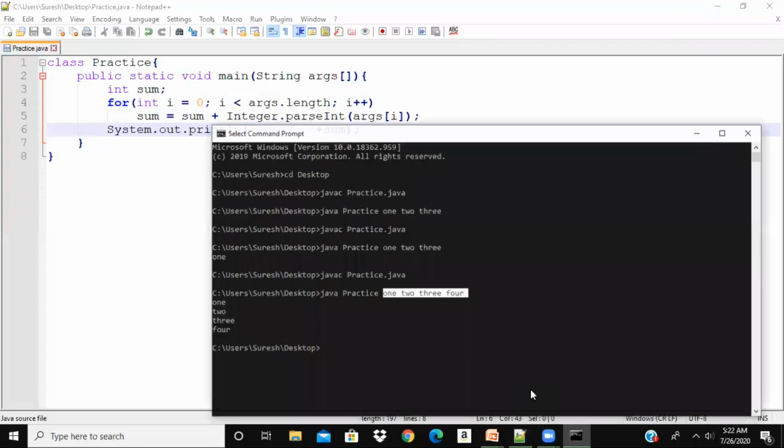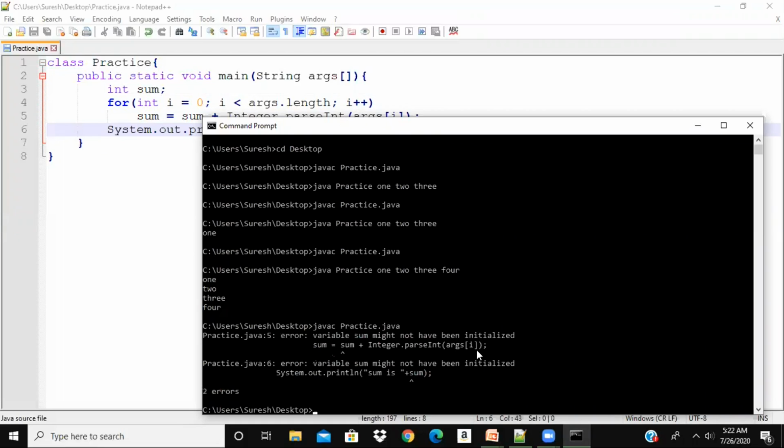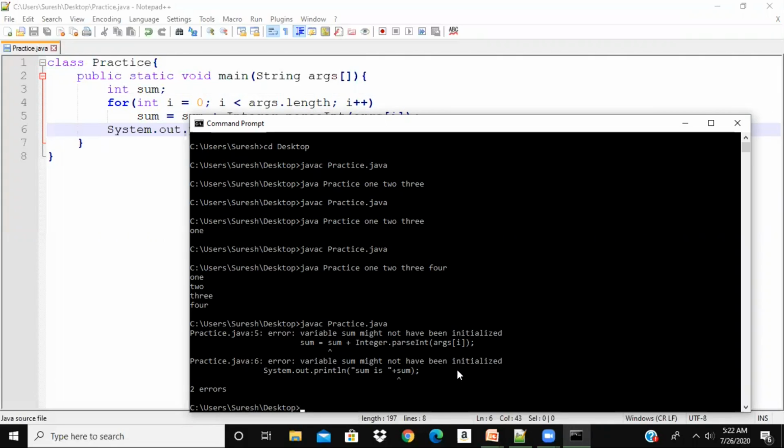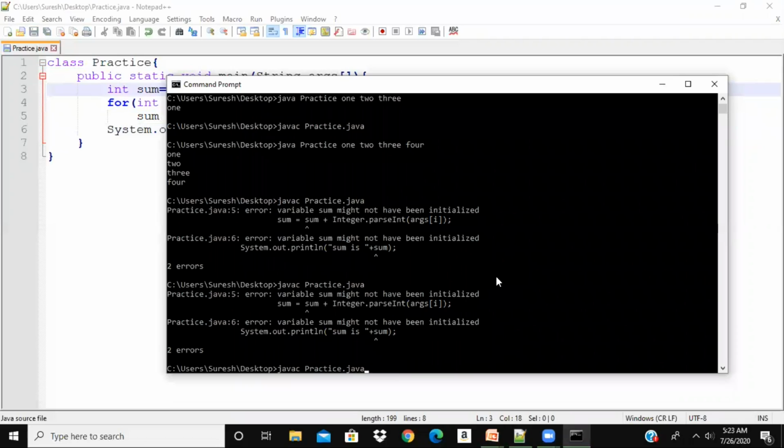Save. Let me compile this: javac practice.java. There were some errors, I think. Int sum: the variable might not have been initialized. Okay, let us initialize it. Save. Compile.